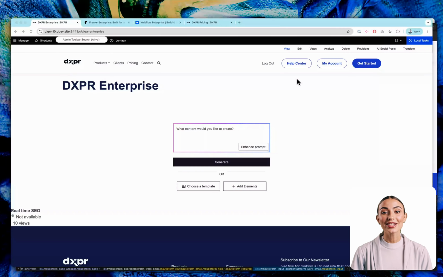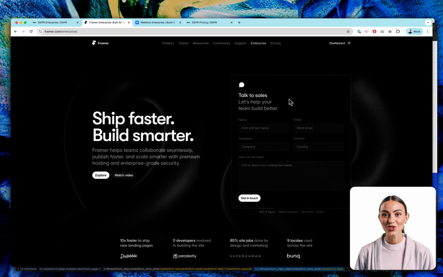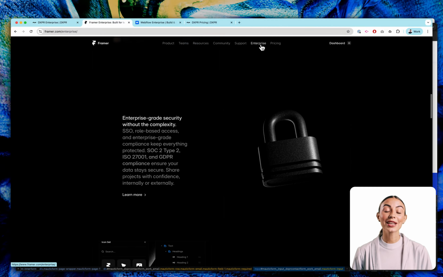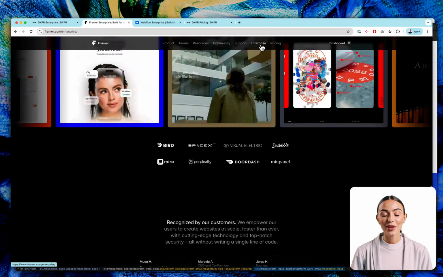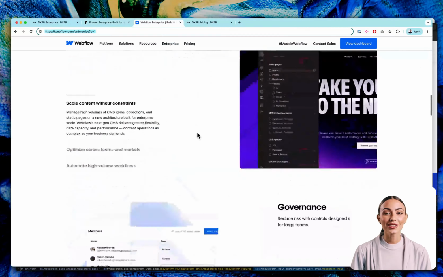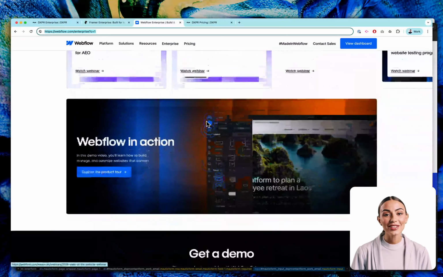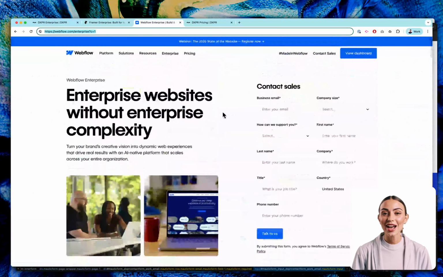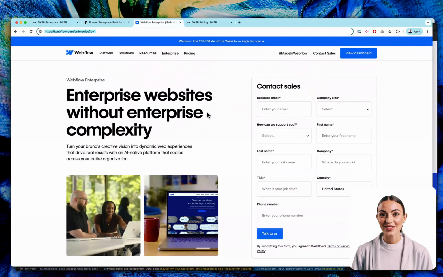Let's dive into our next task, cloning an entire web page from a competitor's website. In the previous video, we explored the basic AI tools in DXPR Builder to create a web page section by section. Now, I've noticed a trend among competitor websites, having an enterprise page right in the top-level main menu. It's something I hadn't picked up on before, and since we're keen on selling enterprise subscriptions, it seems like a smart move. We haven't yet decided on the content for this page, so cloning an existing one as a template